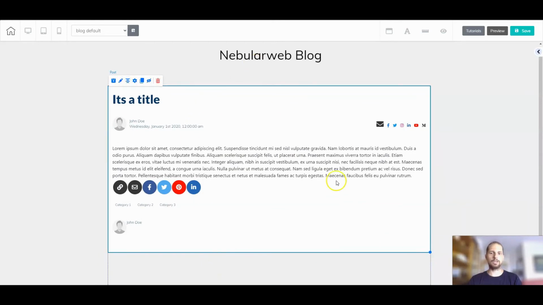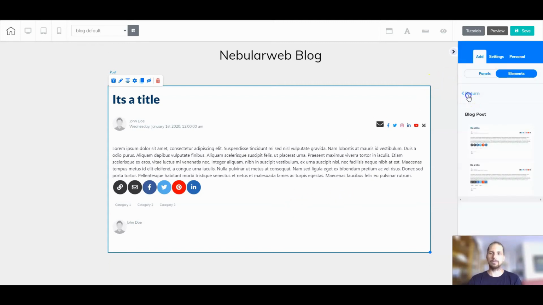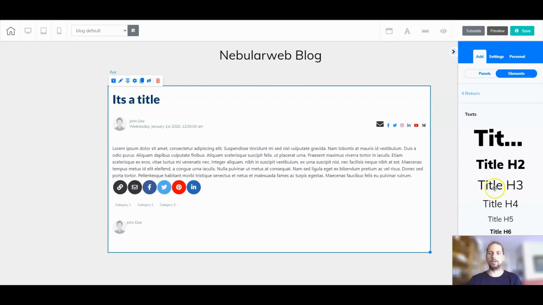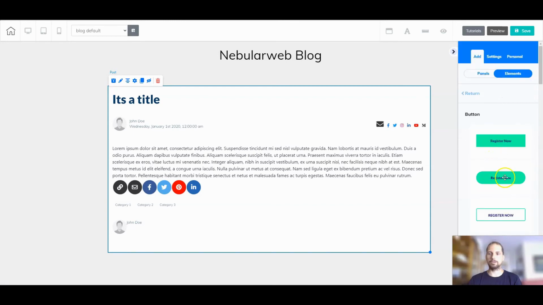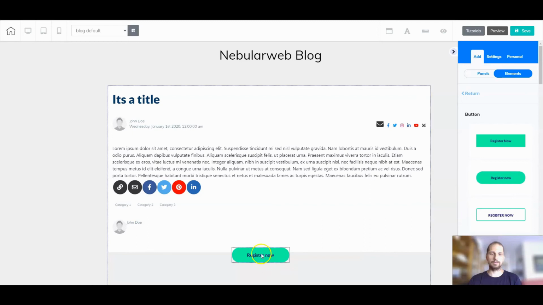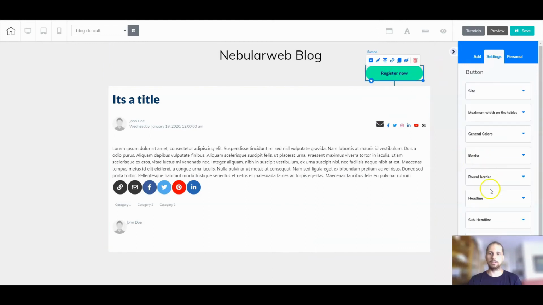So we have the post itself, but when people are looking at the post and then they want to go back to the feed itself, we need a link for that. So we're going to add a link. A link, it's just a text or a button or whatever. So we're going to add a button here, like this. Or we can put it here better. We change the headline and we say okay, go back,